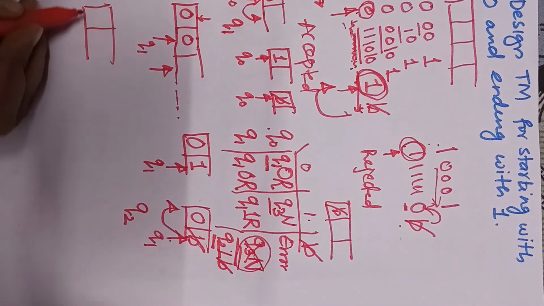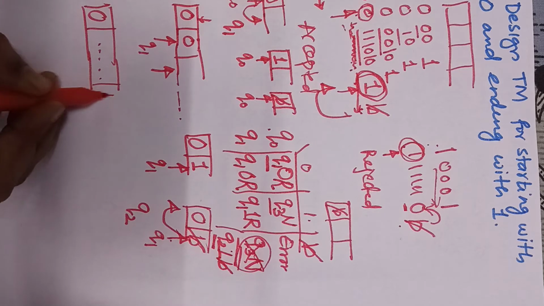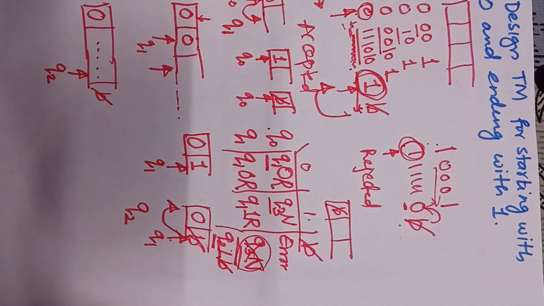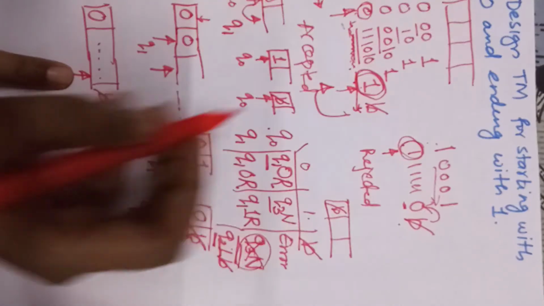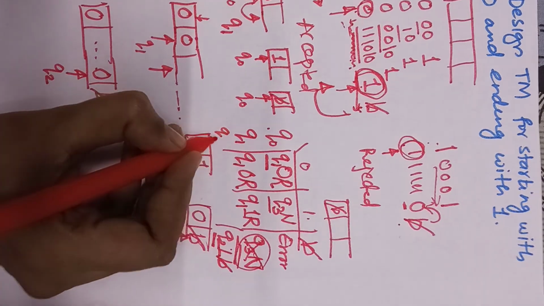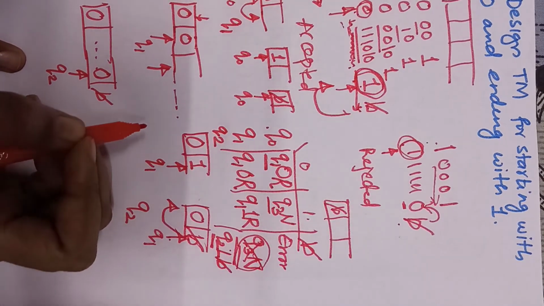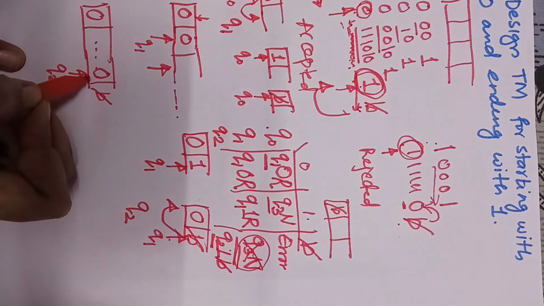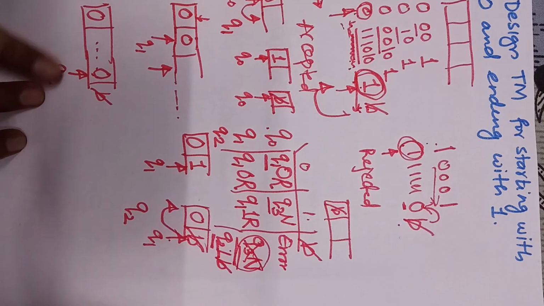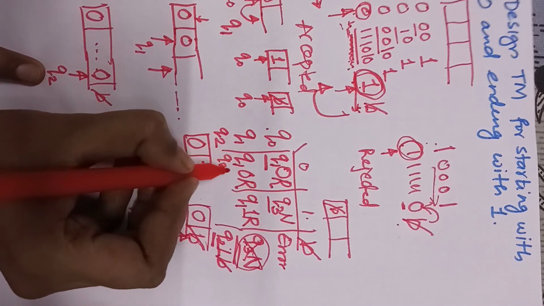So what is Q2? I read this 0, and after reading 0 and 1 I got blank. This is Q2, and this is where we are. Now according to the algorithm, after blank I should get 1. Now suppose I am getting 0 here, so Q2 with 0. Do you want that kind of operation? Are you interested in that kind of string? No, I want starting with 0 and ending with 1. So if I am getting 0 here, that means I got only 50% of the solution, starting with 0. So I am not interested in that case. For that I already have a state Q3 and no operation.